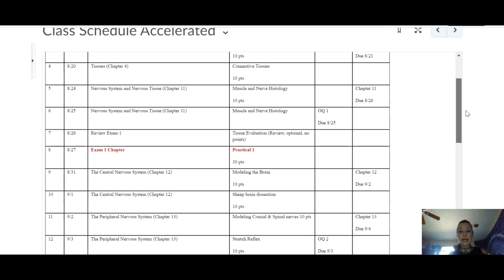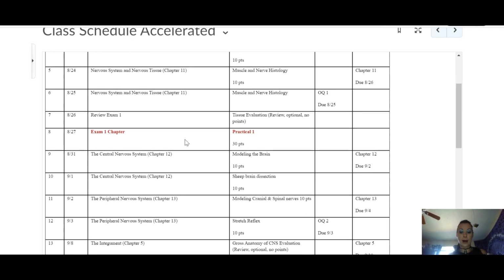Something that's not going to be asynchronous is your exam and your practical and your pop quizzes. Those are locked to class time, which means that for the accelerated course on August 27th, you have to be in class at 9:30 a.m. to begin your exam. All right? Make sure that you're aware of that. For the